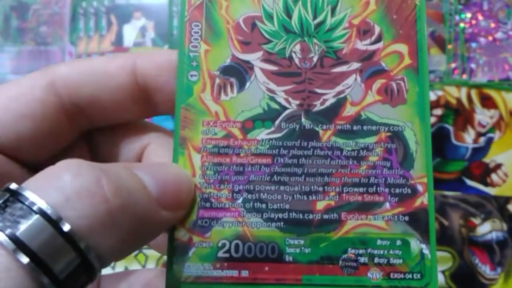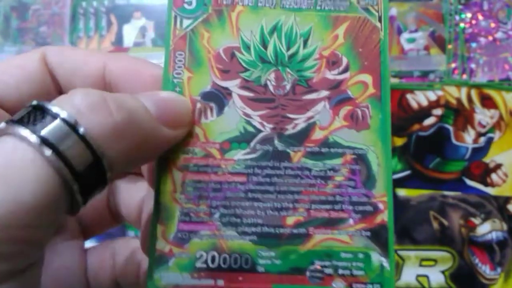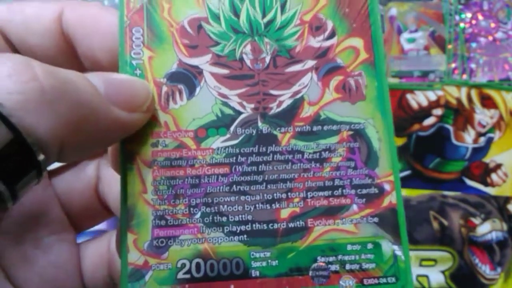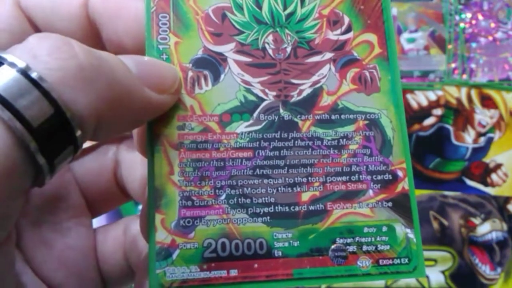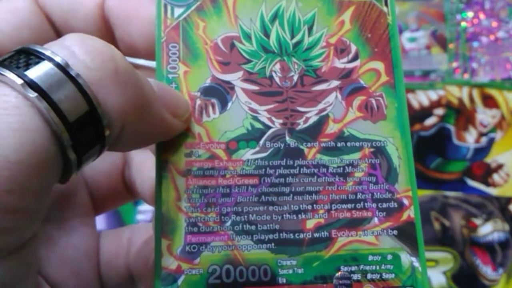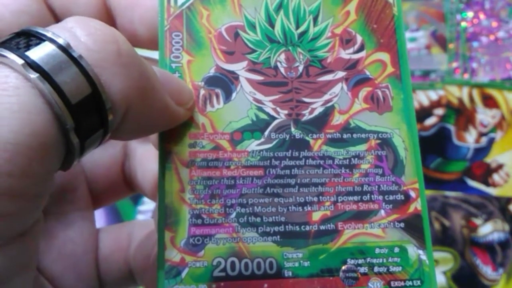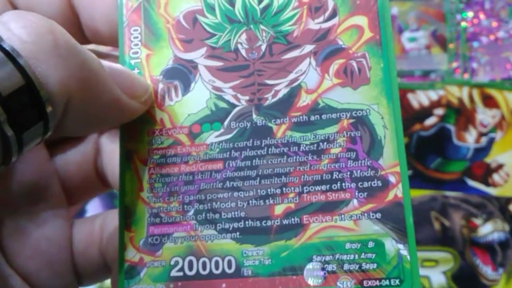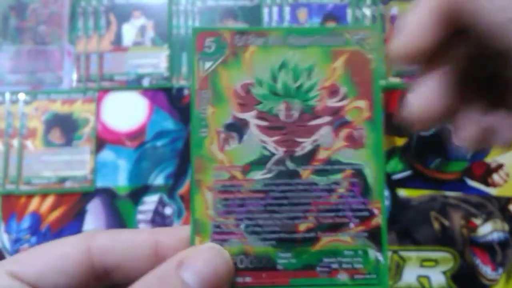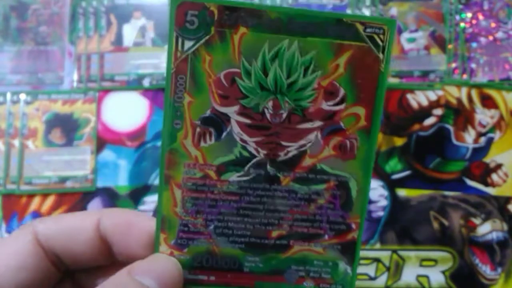So significantly increasing the power of this card, and giving him triple strike as well. So yeah, making him an absolute tank when it comes to dealing some life damage to your opponent. And he's also got a permanent of when you play this card with evolve, it can't be KO'd by your opponent. So essentially making him invincible as well,